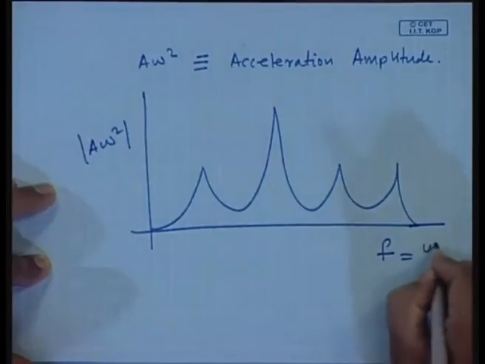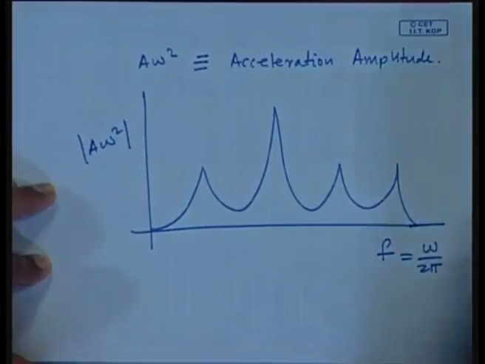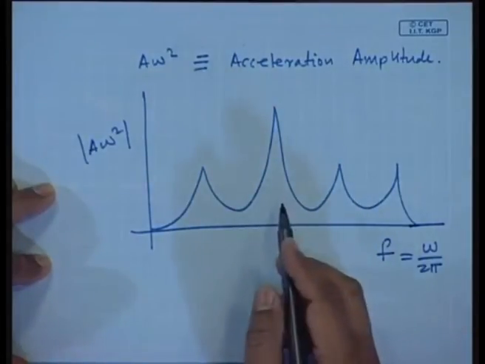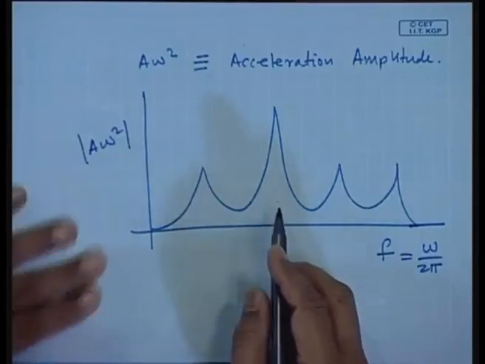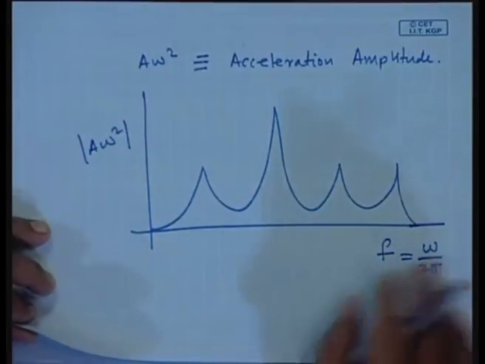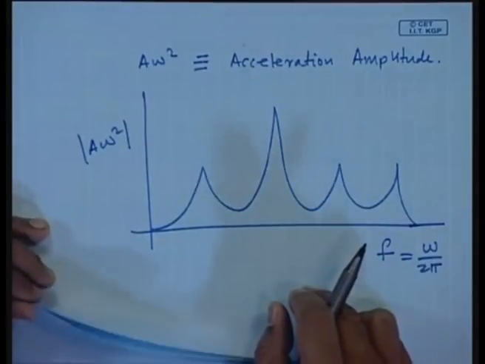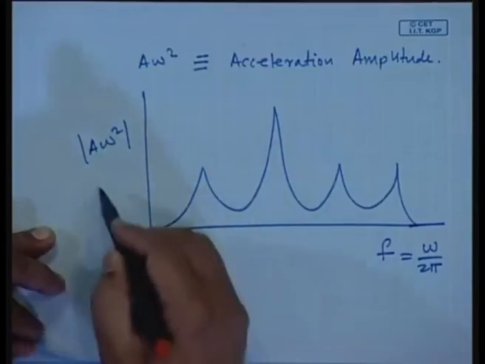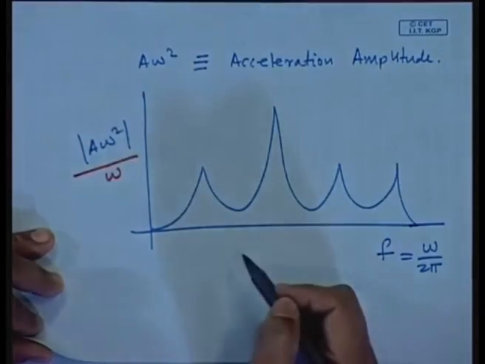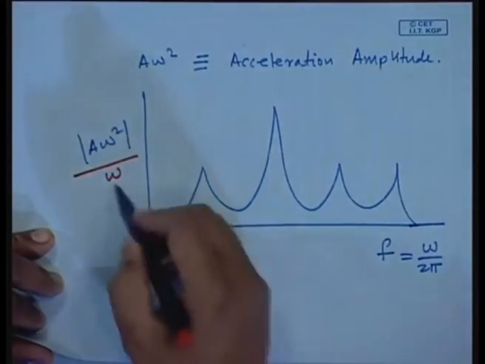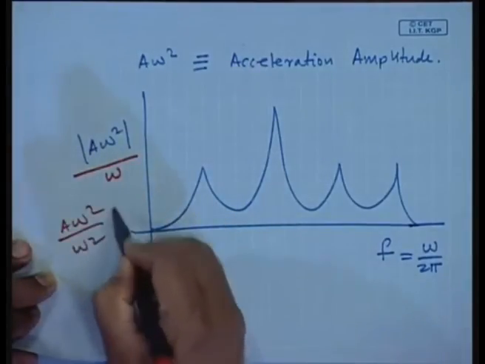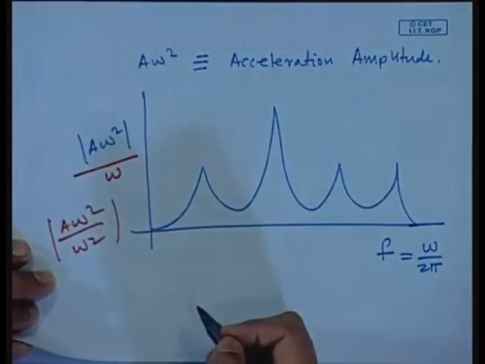So, this is equal to omega by 2 pi. Such a spectrum you can very easily obtain by doing frequency analysis or Fourier analysis of the vibration signal, which you have measured from the transducer. Now, if somebody wants, well, tell me the velocity spectrum of this signal. You could do it very easily, for the fact that once you divide this by omega, you will get the velocity spectrum, is it not? And then if you divide it by omega square, you can get the displacement spectrum.